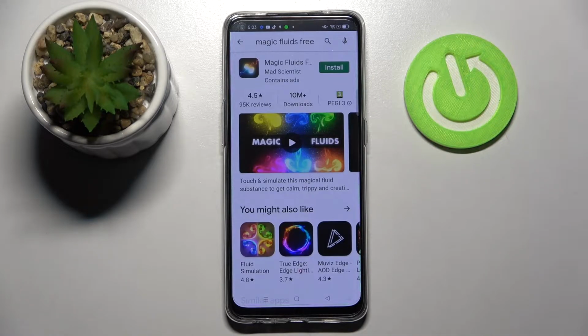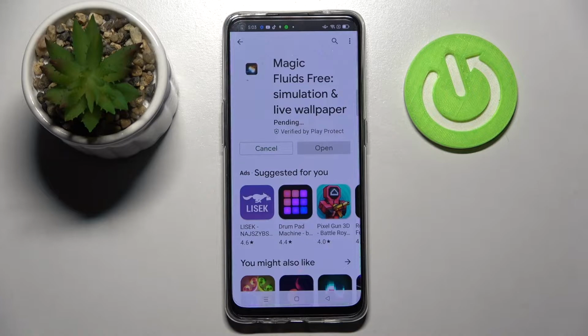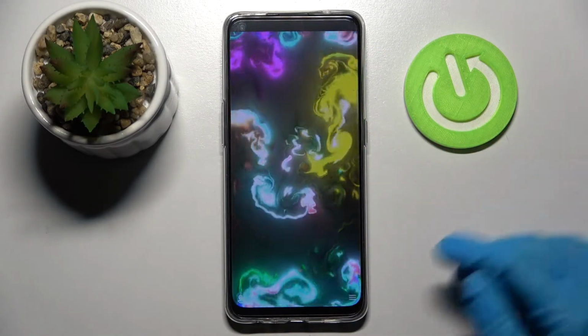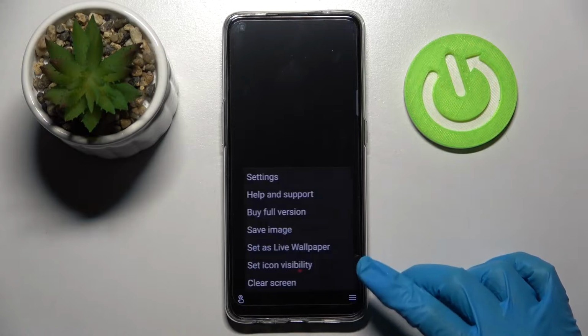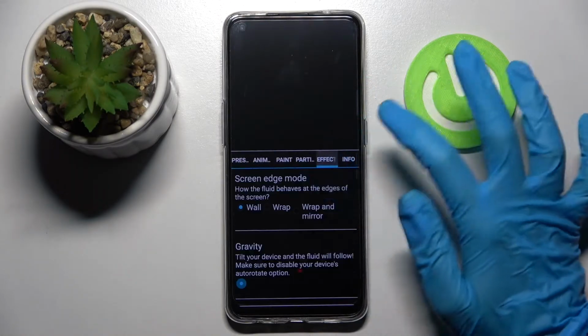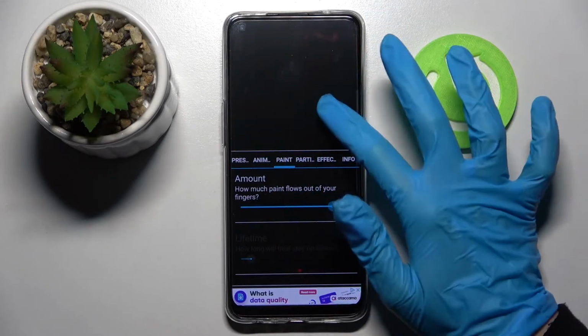Then you need to download this free version of Magic Fluids and open it. Following that, click on those three dots at the bottom right corner, select Settings and choose I accept in this pop-up. Over here you need to adjust your wallpaper however you wish to, and when you're ready, click at the